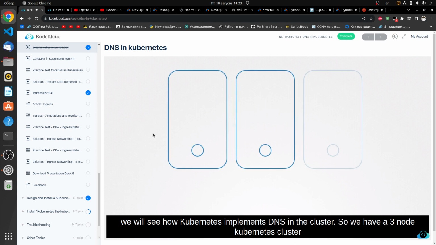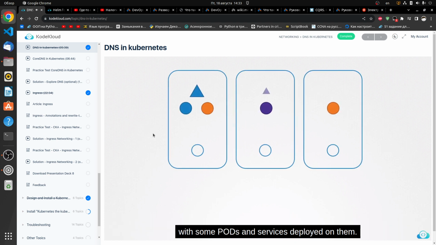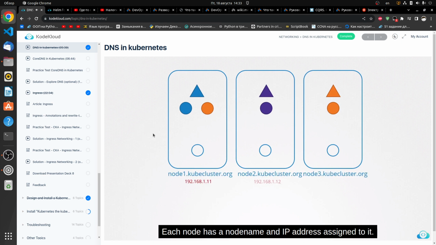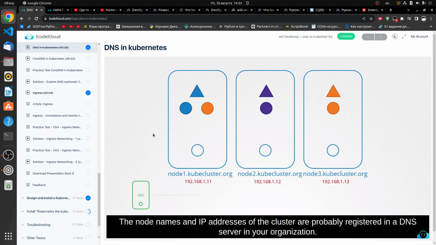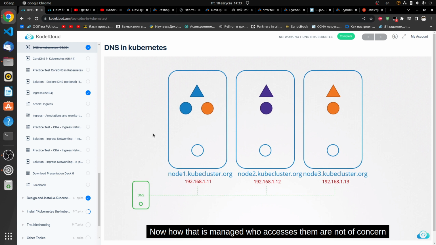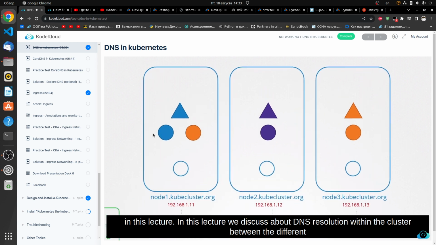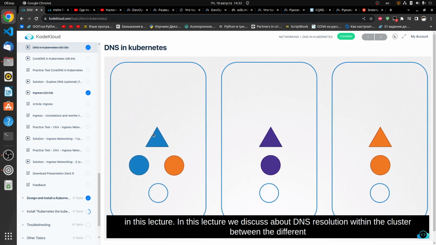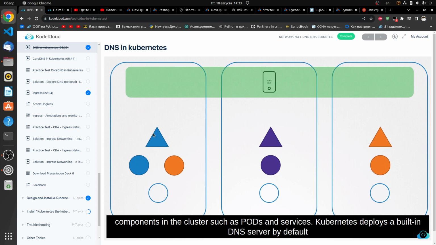So we have a 3-node Kubernetes cluster with some pods and services deployed on them. Each node has a node name and IP address assigned to it. The node names and IP addresses of the cluster are probably registered in a DNS server in your organization. How that is managed and who accesses them are not of concern in this lecture. In this lecture, we discuss DNS resolution within the cluster, between the different components in the cluster, such as